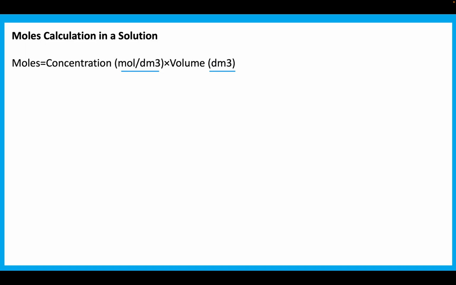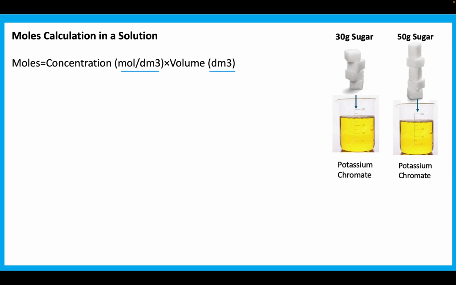This tells us how much of a substance is present in a given amount of liquid. For example, we have 200 centimeters cubed of potassium chromate solution in each beaker, but only 30 grams of sugar in the first beaker and 50 grams of sugar in the second beaker. This tells us that there is a different amount of substance, in this case sugar, in 200 cubic centimeters of potassium chromate. The subunit of centimeter cubed is decimeter cubed. So we are going to convert the values to decimeters cubed